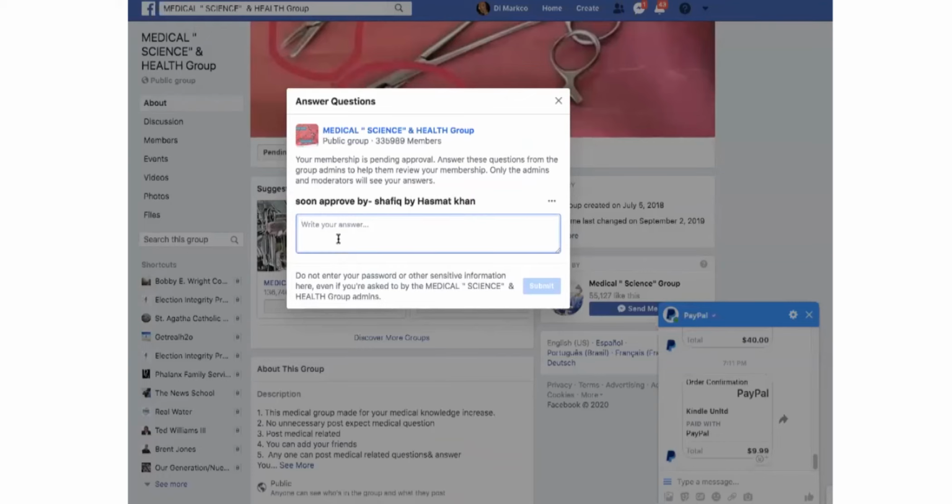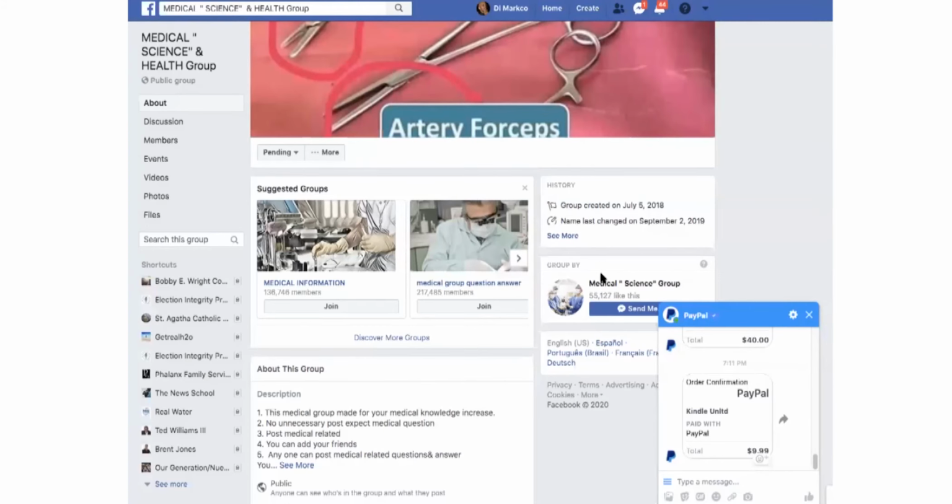Write my answer. I want to be in this group because, okay, that's what I normally do. I'm a health fanatic. So let me in. So I just push that button, and normally, but what's good about groups like this, and this is why I wanted to get to this page,